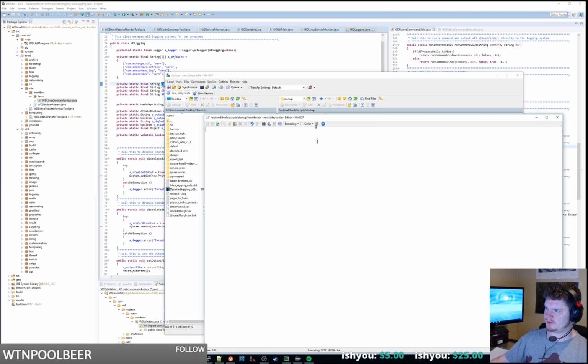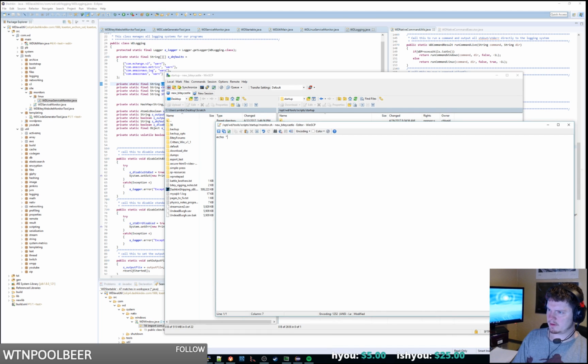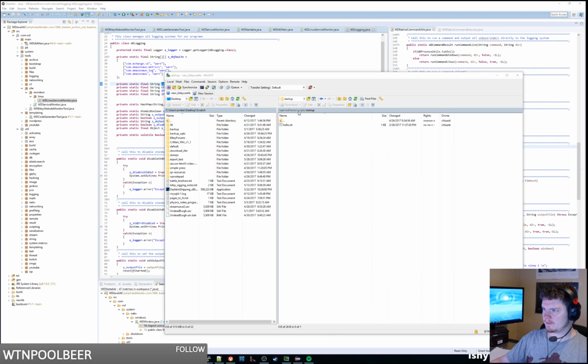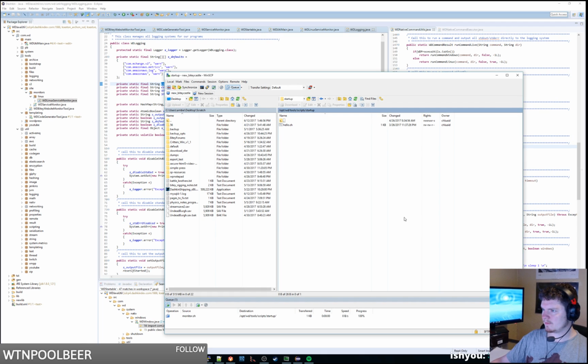The monitor.shell should say echo starting site monitor. And what we want to do is a nohup java -jar, and then we want the path to this thing, which is going to be